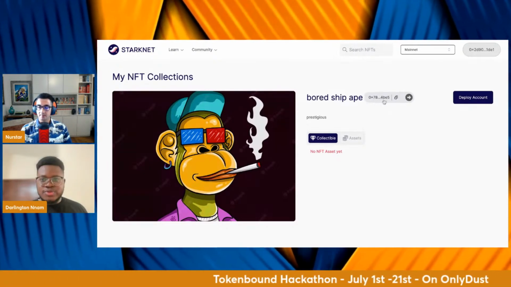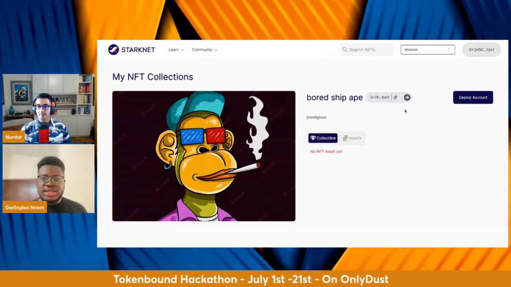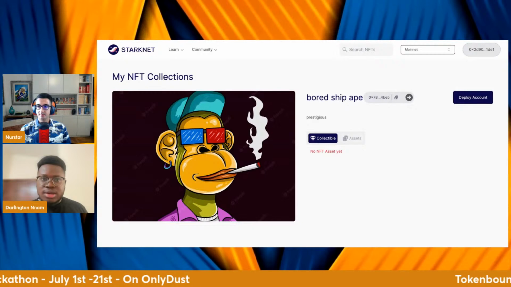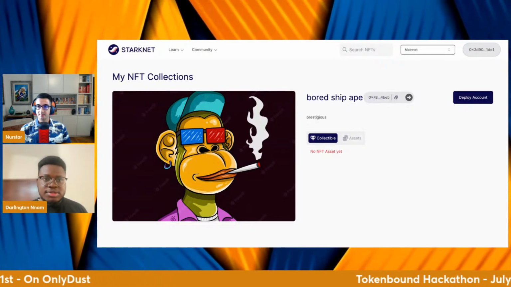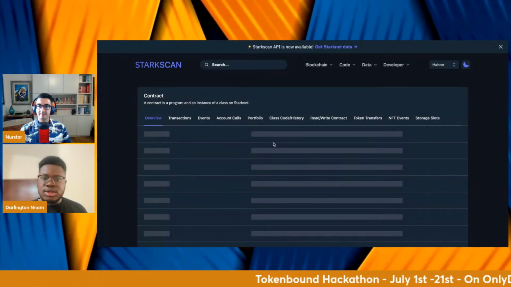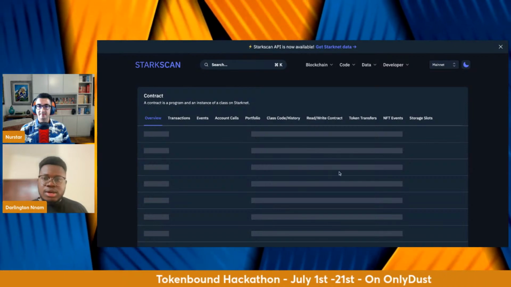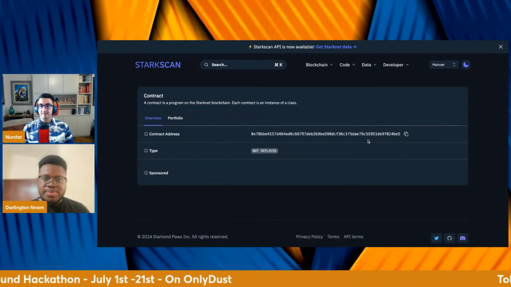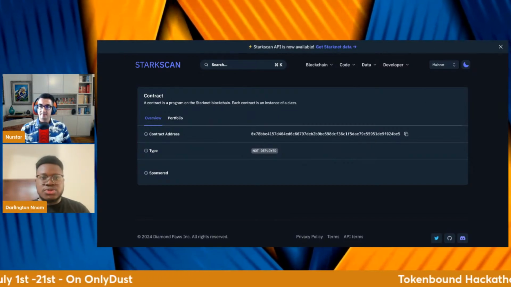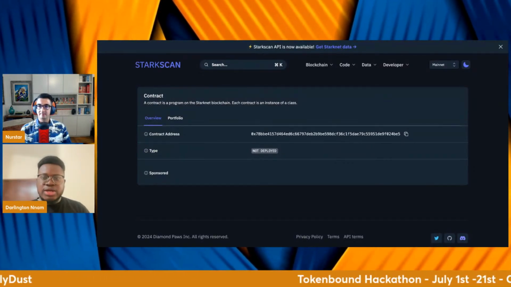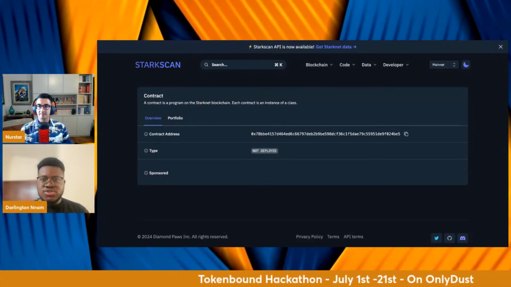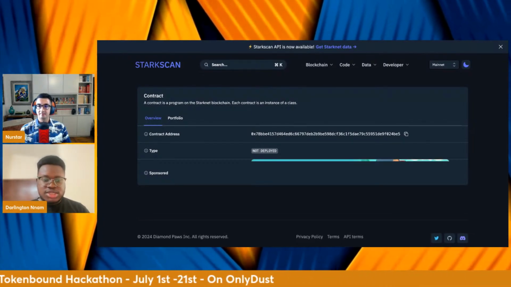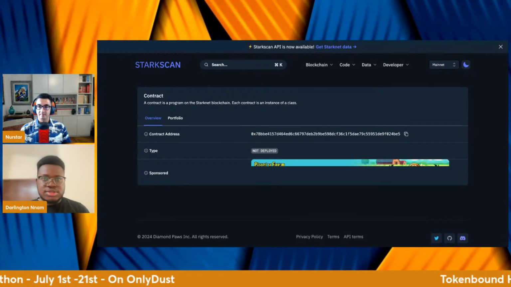Exactly, so when this account is deployed, you can go check it out on Starkscan. Let me share this tab instead. As you can see, at the moment it is not deployed, but when this account is deployed, you can basically send any type of asset to it. I would have loved to showcase our connect kit and how this hasn't been deployed yet.